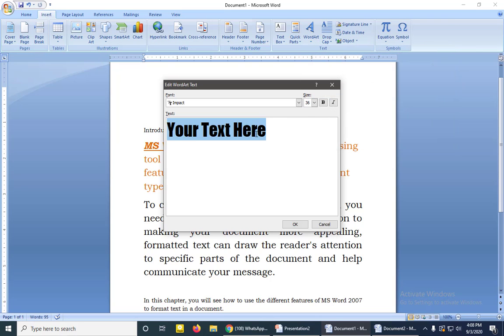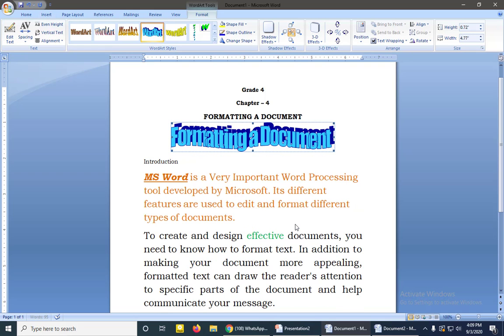So here you can enter your text. For example, I will enter now the lesson name, that is formatting a document. Okay, so I have selected this format, the word art.